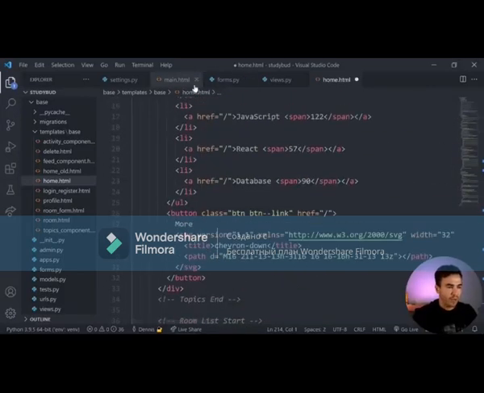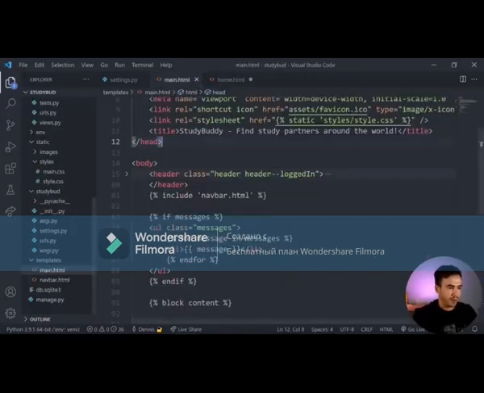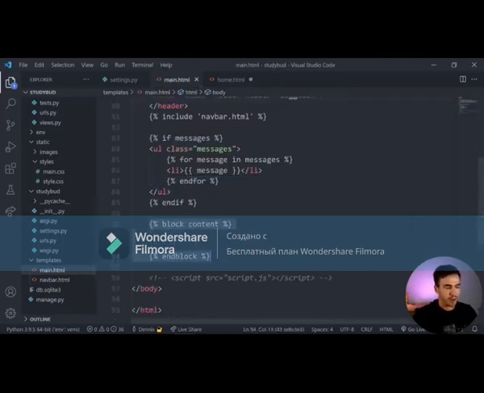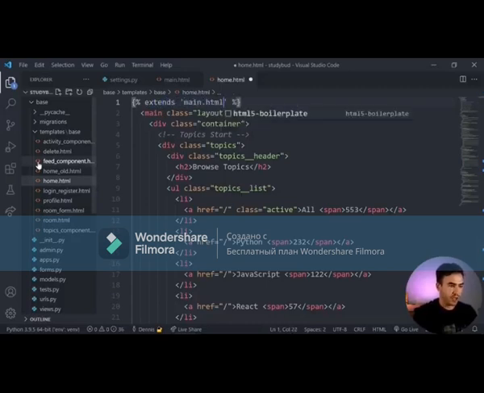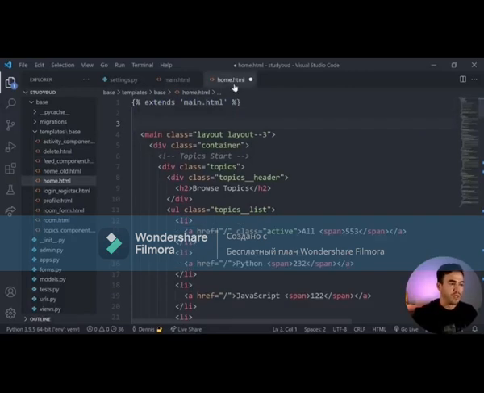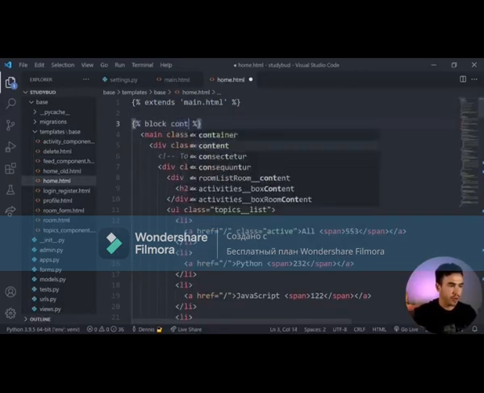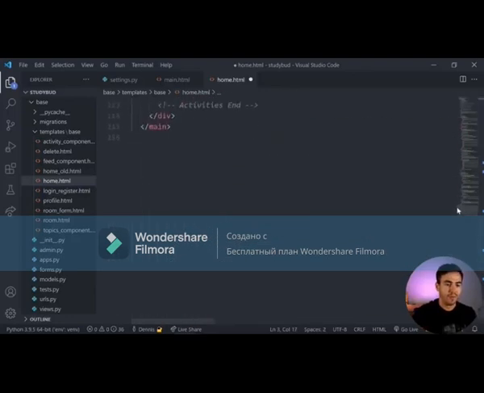So we have our theme styled inside of main.html here. We have these two block tags, so block content and end block, and remember we're extending the main template. So now in home.html, we're just going to go ahead and extend the main template. Remember, we still have the original home.html that we can refer to, so it's home_old. So we'll just go ahead and do extends, and this is going to be main.html. Now all we need to do is wrap this main tag inside of our block tags. So we'll go ahead and just do block content, and then at the bottom we just want to wrap all